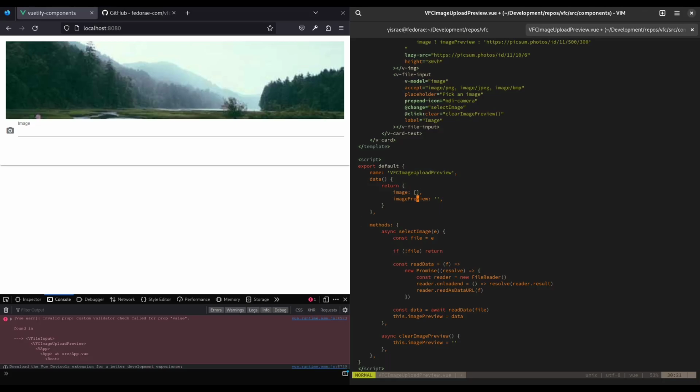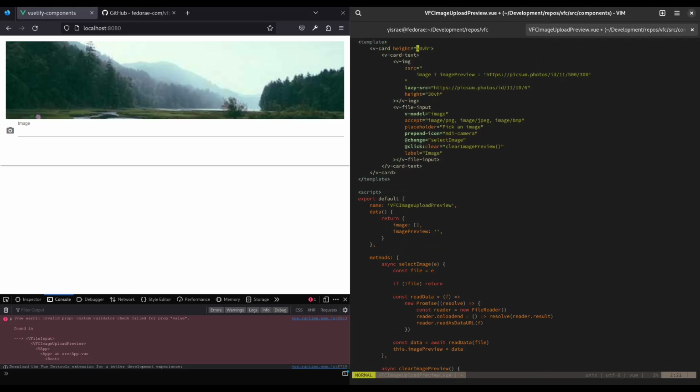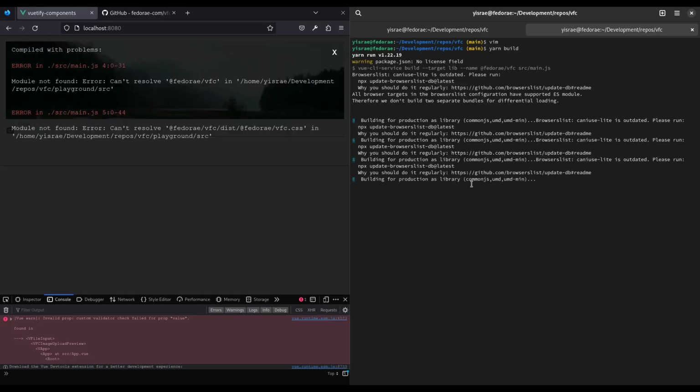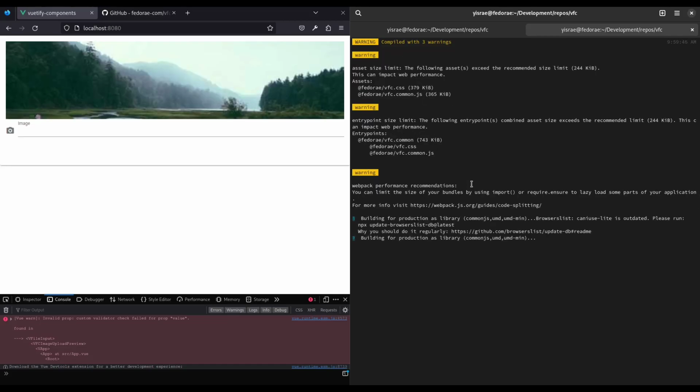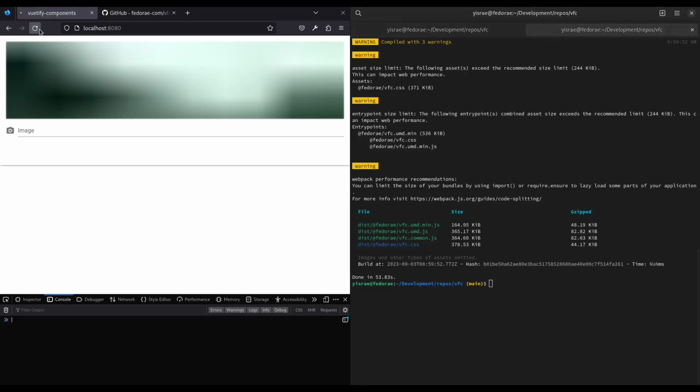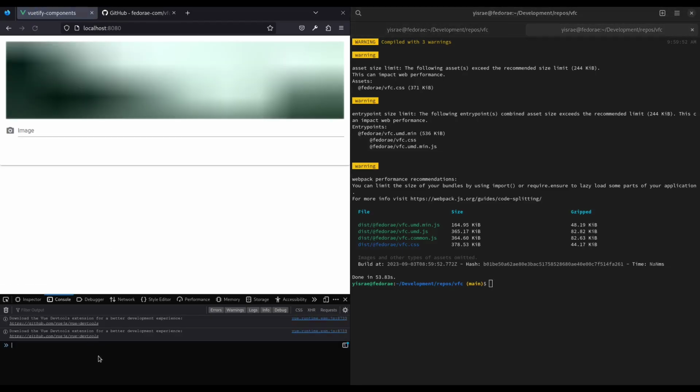For the preview, I'm gonna keep it as is because we don't necessarily need to change that because it's not being used within the file input. We're only using it up here. So we can go ahead and save and quit, and I want to also go ahead and rebuild this library. You can see that it refreshed once it was completed,